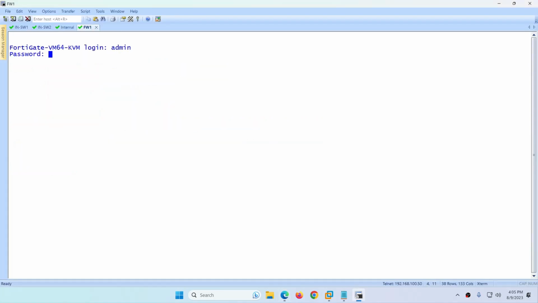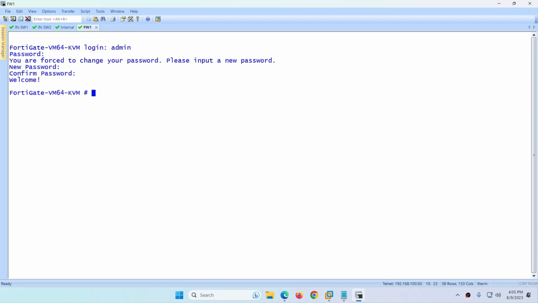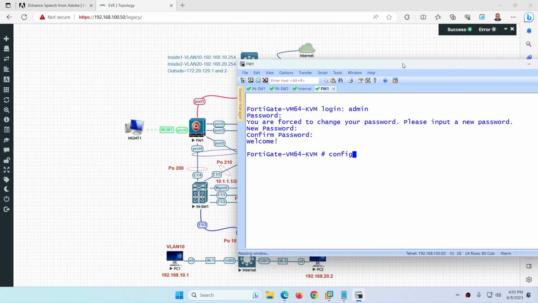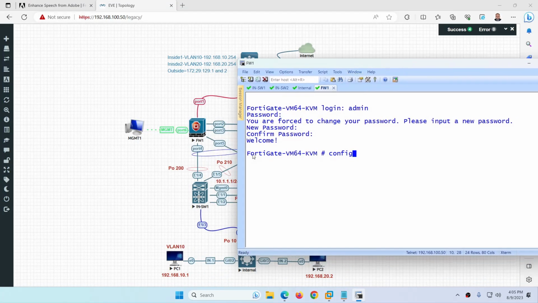Okay, admin, there is no password. 123 new password, 123 new password. Go to config. What is the port number? This one, port number 6. Config system interface and edit port number 6. Okay, and set IP